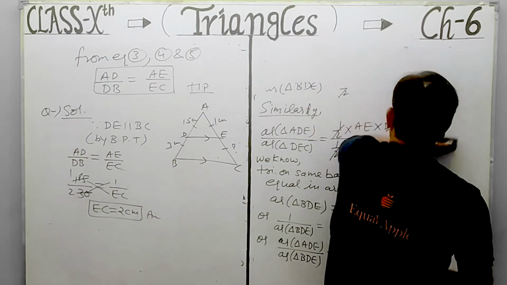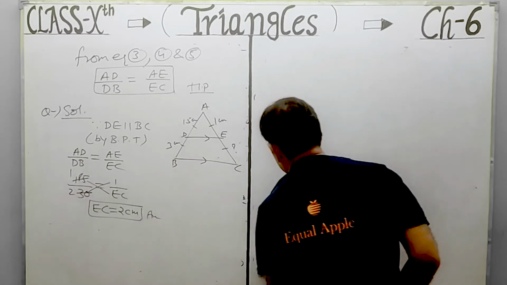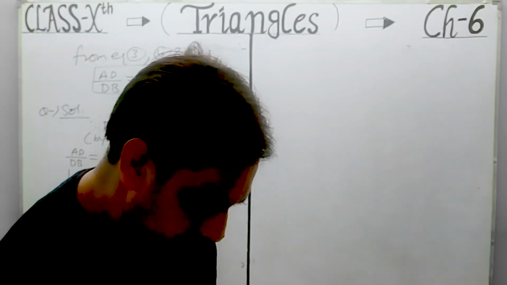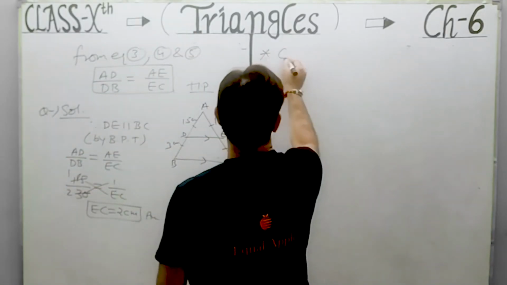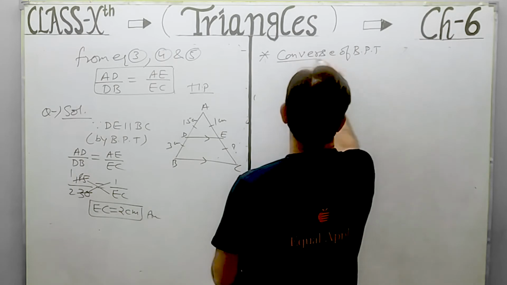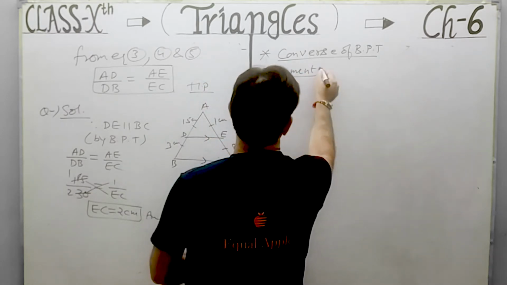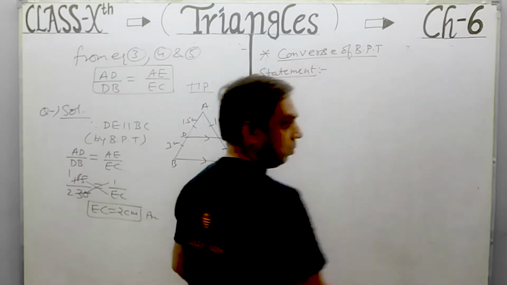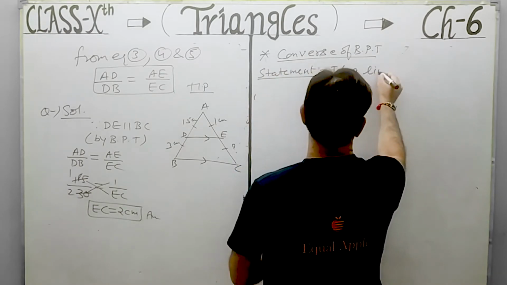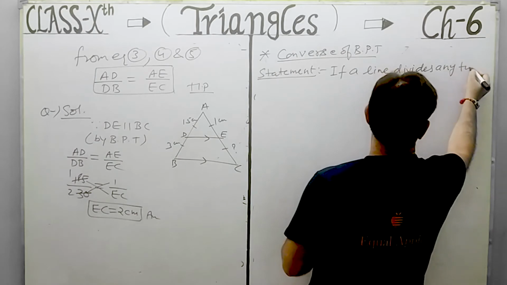So now we will come to the next theorem, that is the converse of this theorem. That is the converse of the BPT, right? So what is the converse of BPT? First we will write the statement. In the statement, it is just opposite to the BPT theorem. In this, if a line divides any two sides